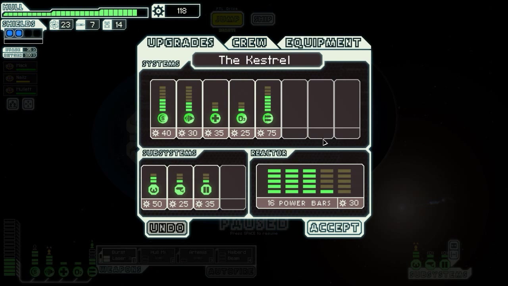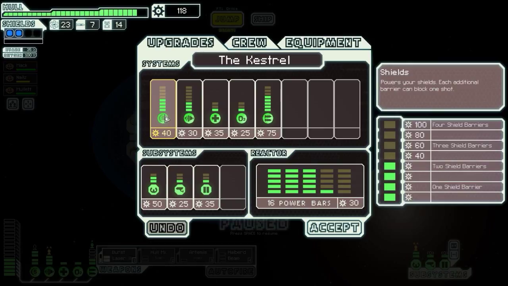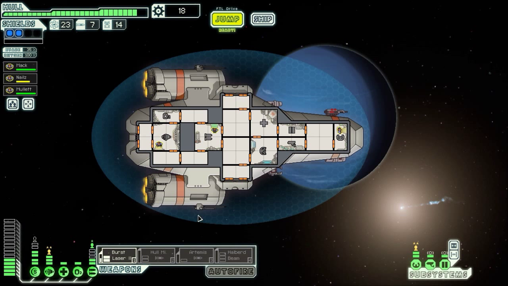Okay, well, let's take a look at our ship and see what we could do. We could get more shields for 100. It'll bring us to 3 barriers, but then we're going to need the power. So if we accept that...